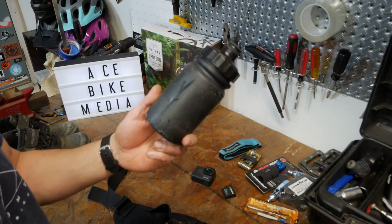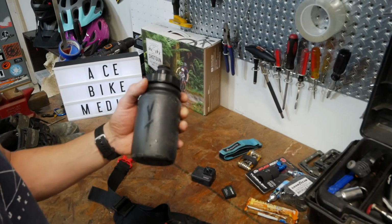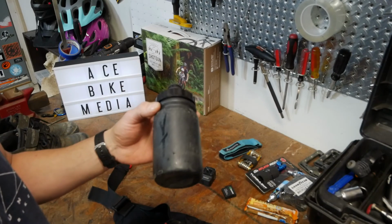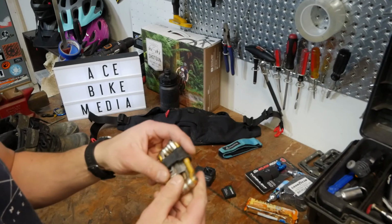So this is the bottle I generally carry in the hip pack. I think this is only 12 or 14 ounces. So it's not too much weight, but it's enough hydration to get me through a couple stages. Also, I always carry a multi-tool. I currently have this Crank Brothers,